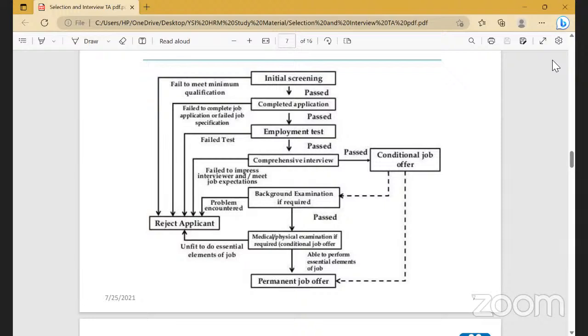फिर आपका आ गया बैकग्राउंड एग्जामिनेशन. इफ रिक्वायर्ड नहीं होता है, यूजुअली इट इज रिक्वायर्ड नाउ डेज वेरी वेरी इंपॉर्टेंटली, बिकॉज सीनियर लोग से लेकर जूनियर लोग, मिडिल लेवल, सब जगह पर देर आर लॉट ऑफ फ्रॉड्स विच इज हैपनिंग.